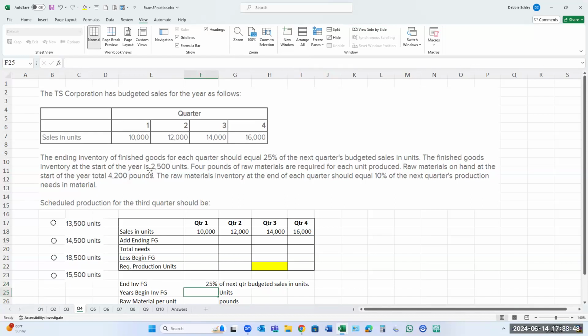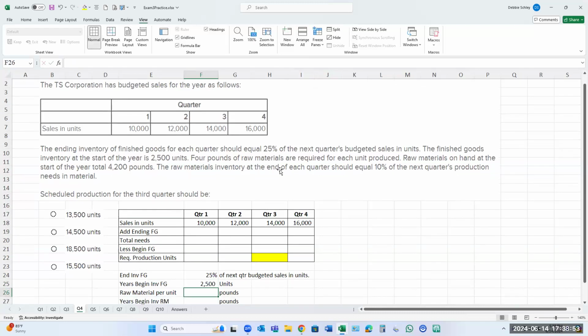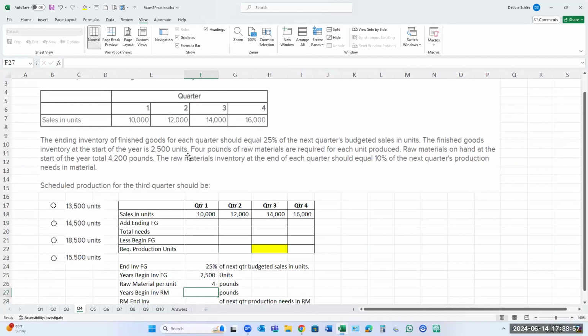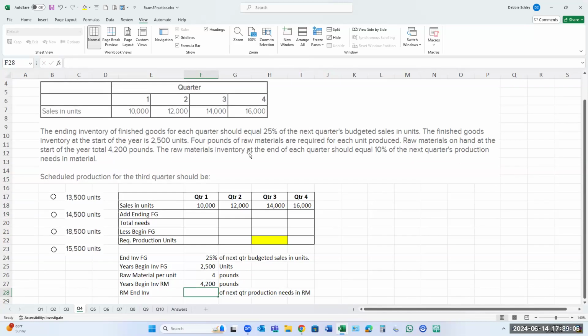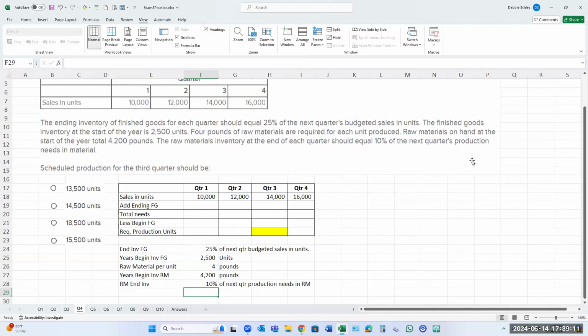The finished goods inventory at the start of the year is 2,500. 4 pounds of raw materials are required for each unit produced. Raw materials on hand at the start of the year is 4,200 pounds. The raw materials inventory at the end of each quarter should equal 10% of the next quarter's production needs in material. Scheduled production for the third quarter should be